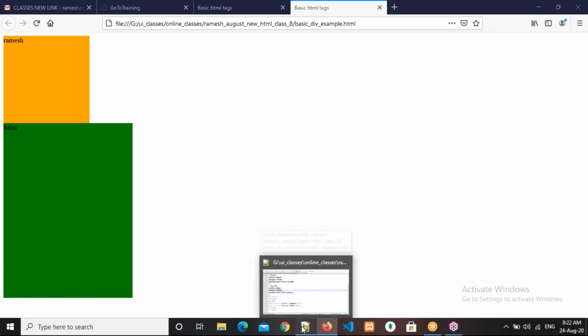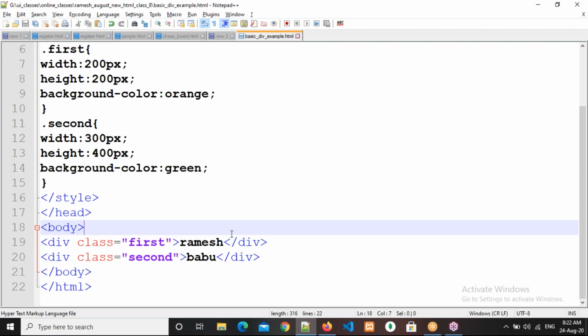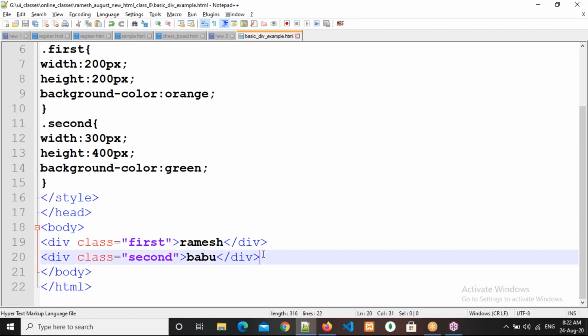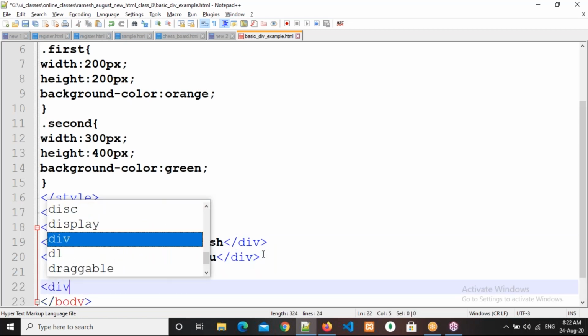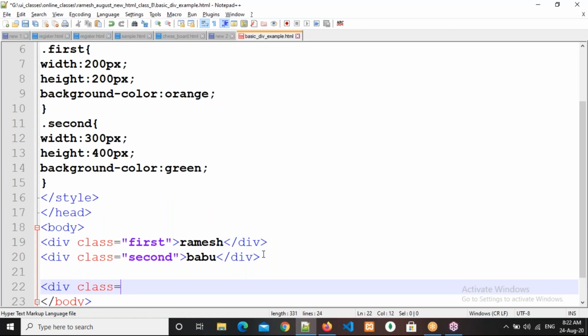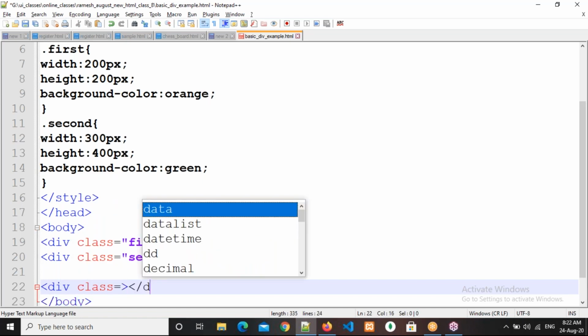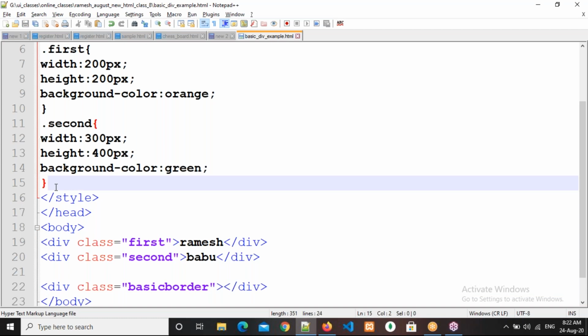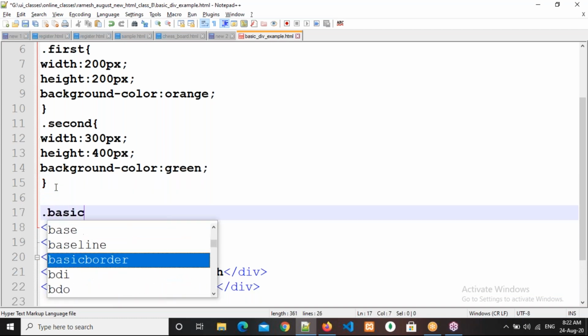Okay, right. Now see here, and here I am taking div class equal to basic border. What is our class name? Basic border. Now what I'm doing here, dot basic border.